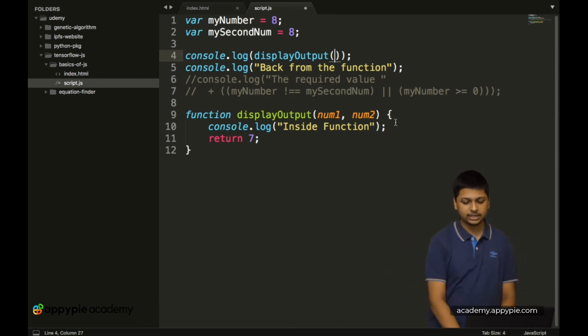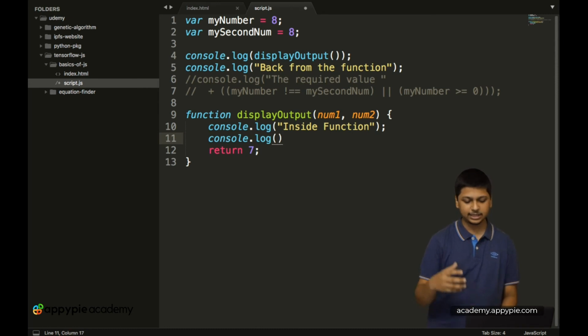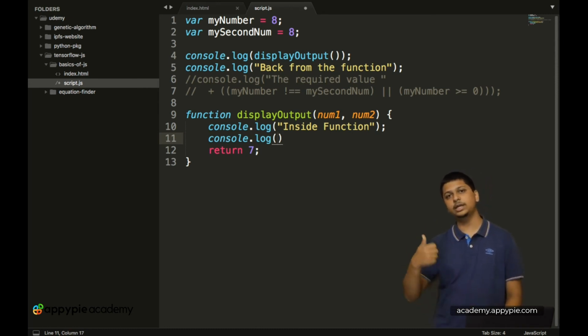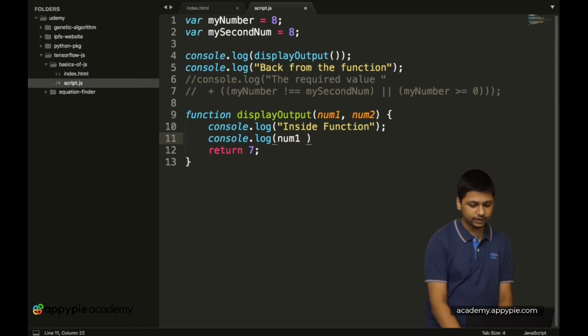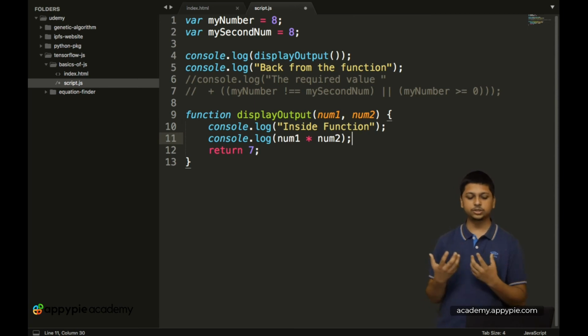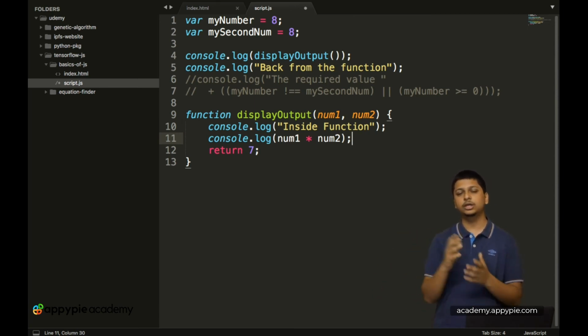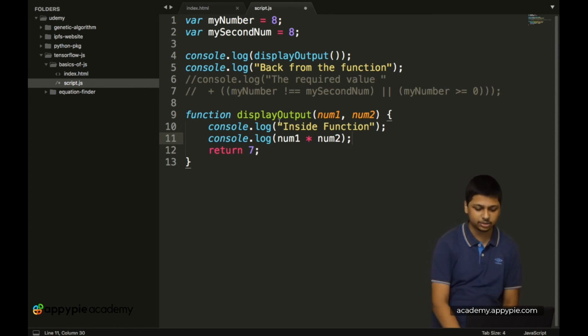Okay, so now we have inside function console.log, so let's add another console.log, and this will basically print in the value of number 1 into number 2. So we have num1, then we have into, then we have num2. So this function will basically print in the value of num1 into num2. Now instead of printing it out, let's do one thing, let's return this particular value.